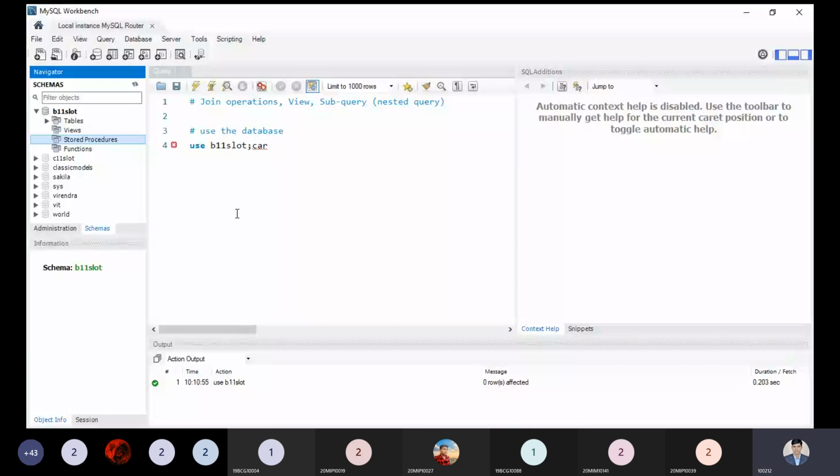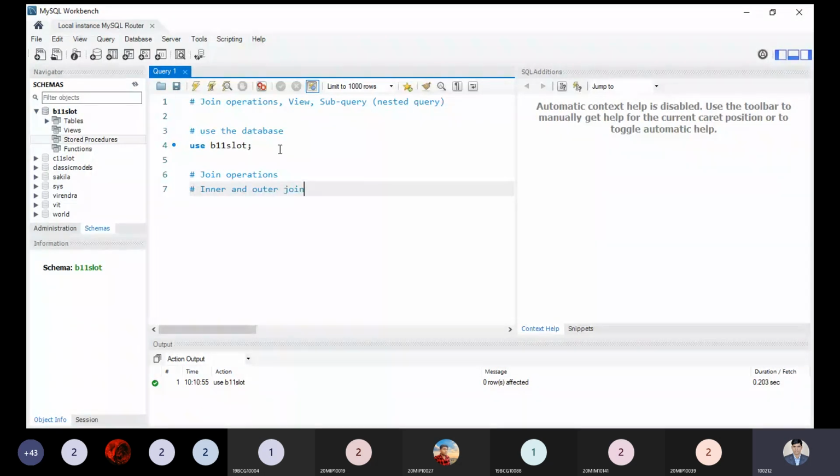After using this data, first let us understand the join. So now it's time to use the join operation. As we know, we have two types of join operation: one is the inner join operation and the other is the outer join operation. These are the two different join operations we have seen in the theory portion.